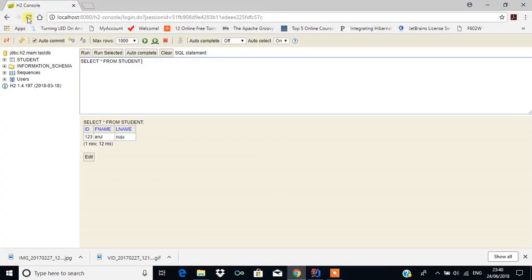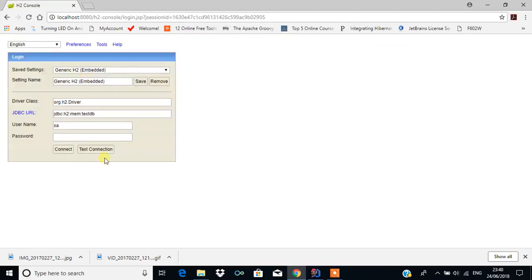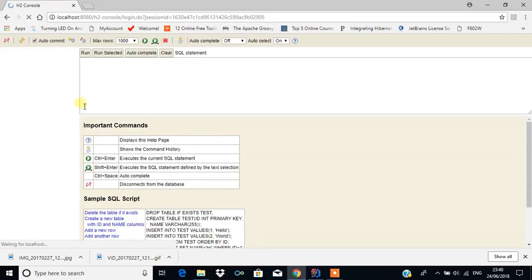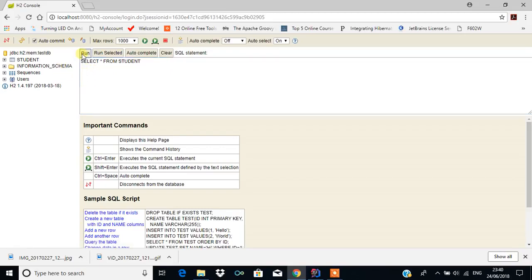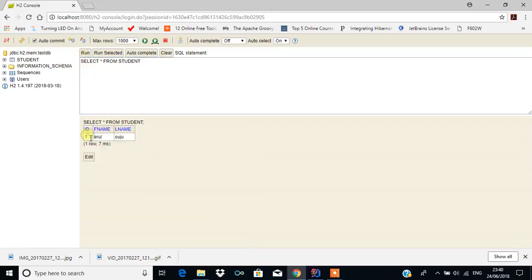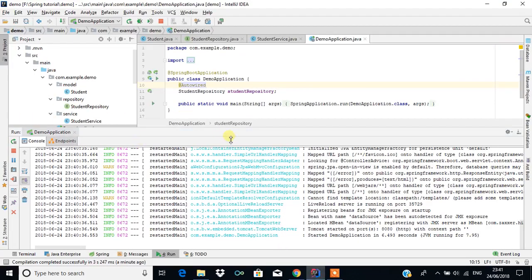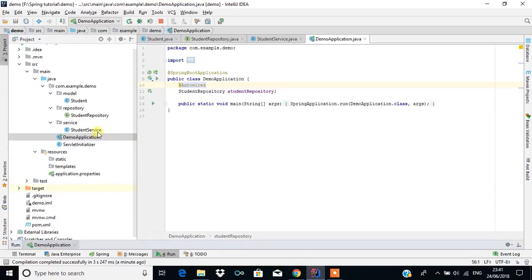So we'll just check this. Test connection, then connect, then the student is created, and we'll just check this. Yeah, the id is created as 1 because we have not set any value, since it is an auto generated value, because we put the strategy as generation type auto. Then we set the first name and the last name. So this is how we assign the value,